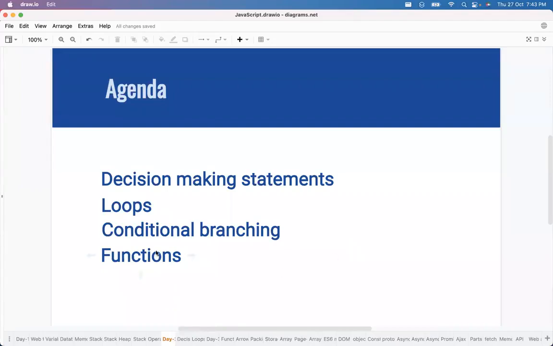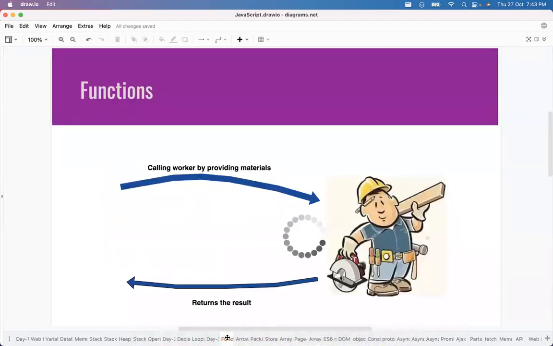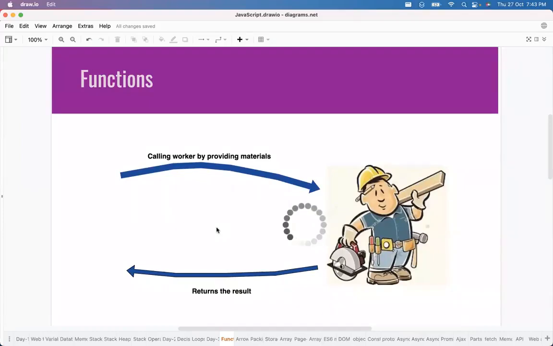So the next concept that we are going to discuss is function, basically. The first important thing is, what is a function? Function means a task. Doing a task is called a function. It's very simple. Let us understand the concept of the function with an example, because in every language